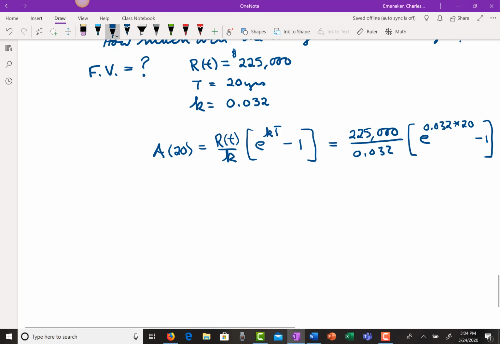First put in your calculator e to the 0.032 times 20 equals, get a number, subtract 1. Then you can multiply that times the 225,000 equals, get a number, then divide by the 0.032, and when you do that, the value that you wind up with is approximately, within a few pennies,